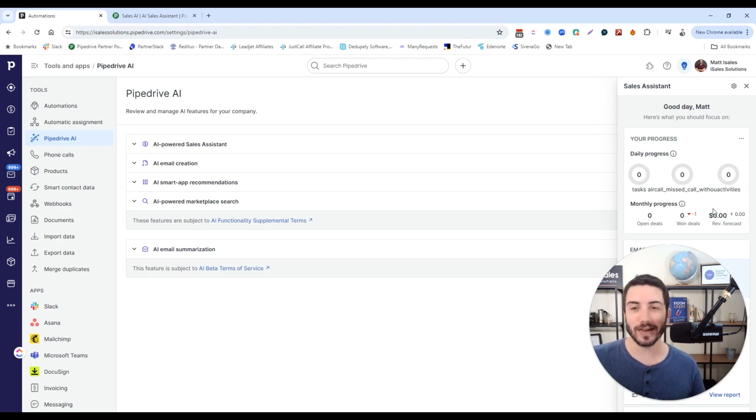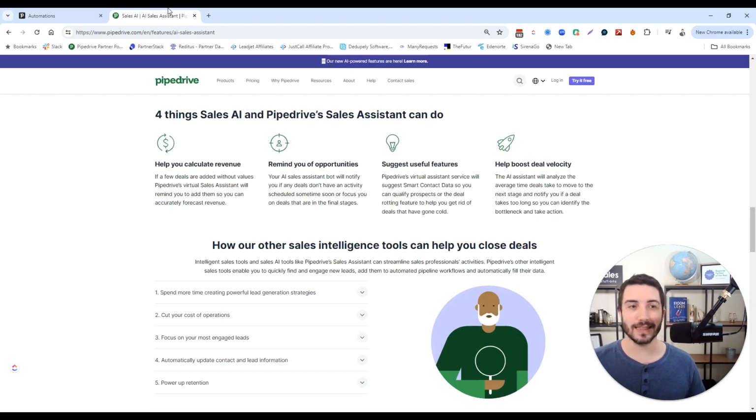I'm currently in a demo account, which is why this is all blank, but over time, maybe I might come back around and show you guys a better example once we actually have some data in there. In addition to that, there's a couple other things that Pipedrive will do for you with this AI assistant. It's hard to make it show up on command, but some of the other features that the AI sales assistant should allow you to do